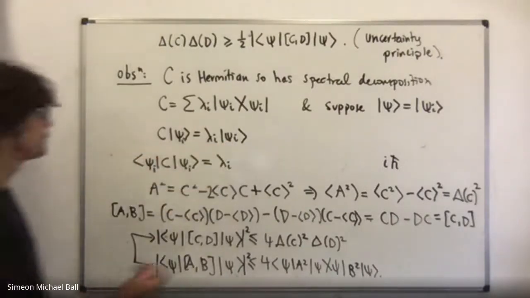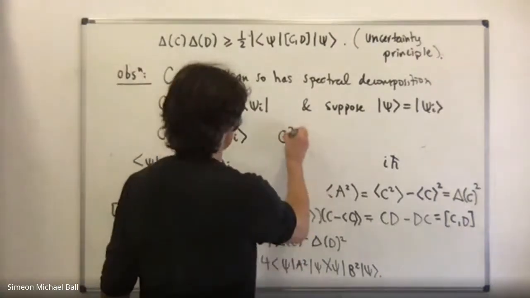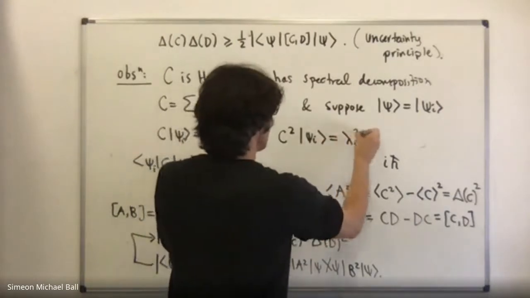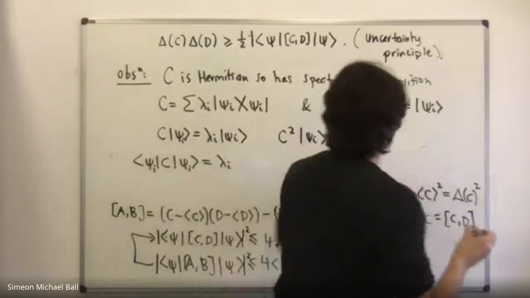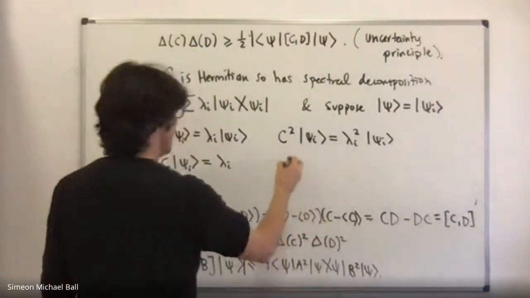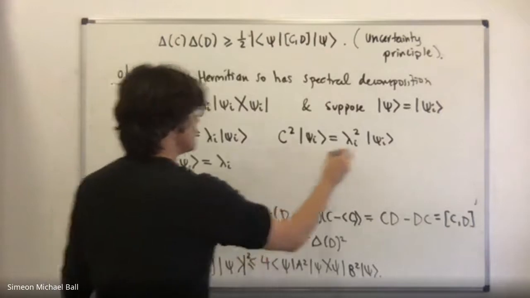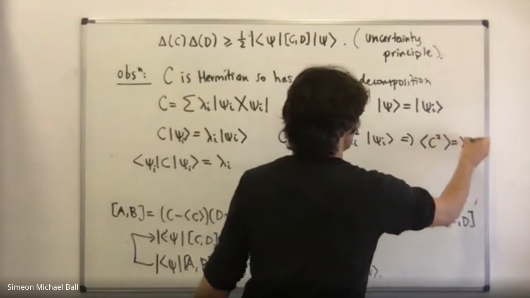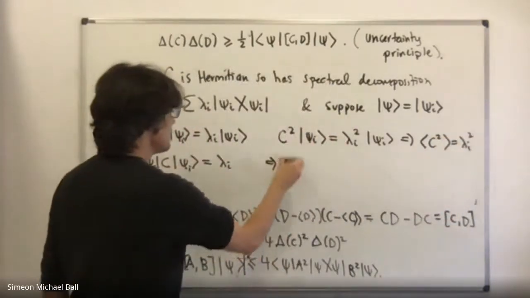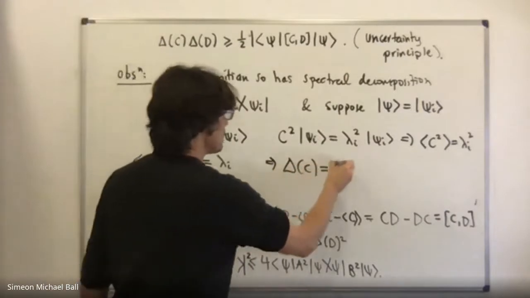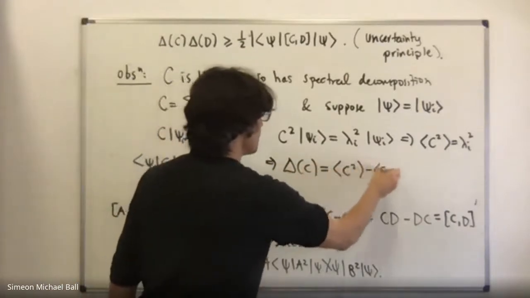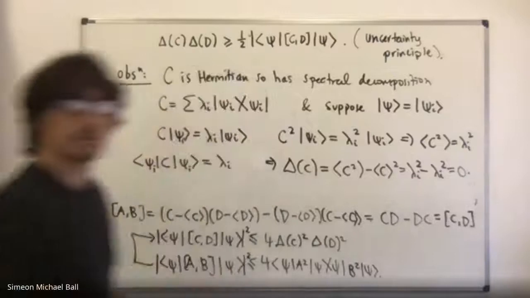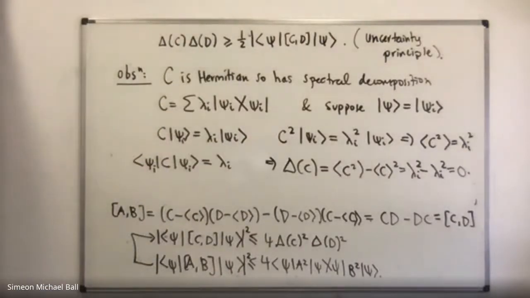And C squared is just applying C again, so I get lambda I squared psi I. And so this implies that the average of C squared is going to be lambda I squared, which implies that the standard deviation is 0, of course. If I keep giving it the same eigenvector, it will keep